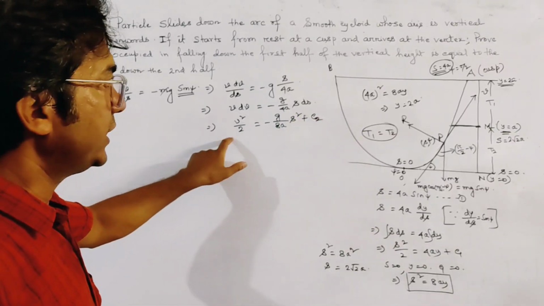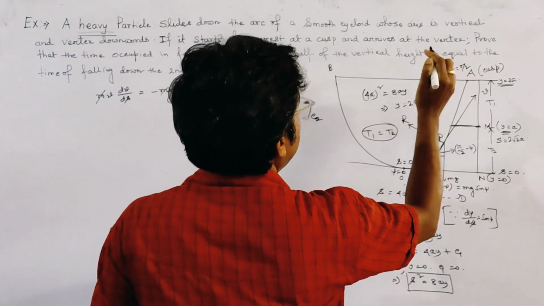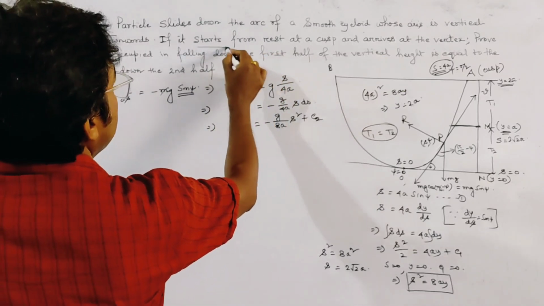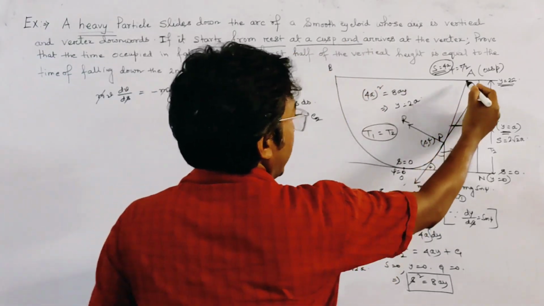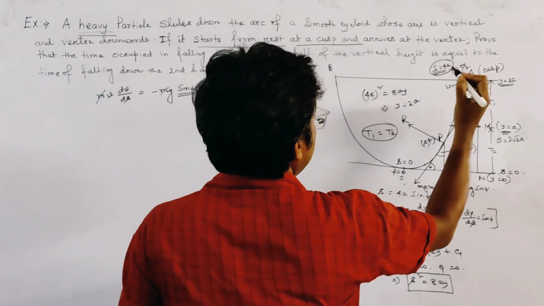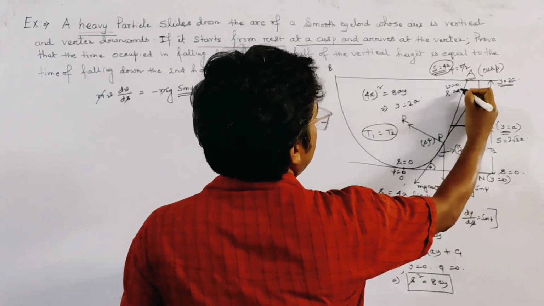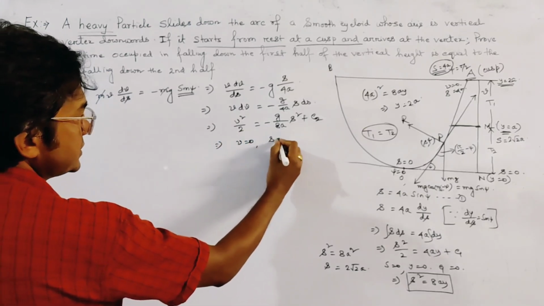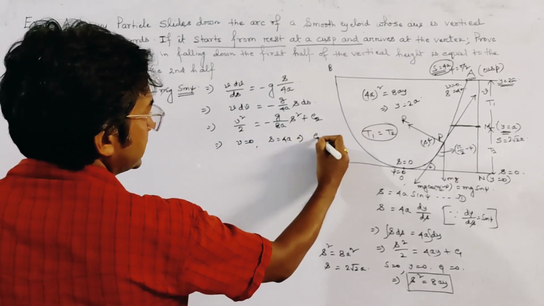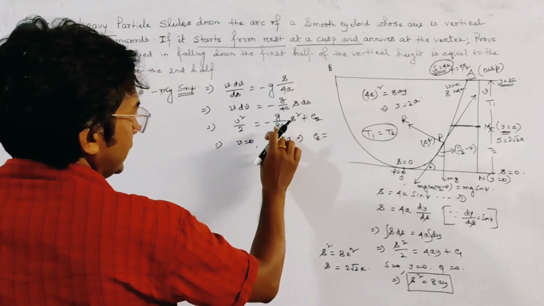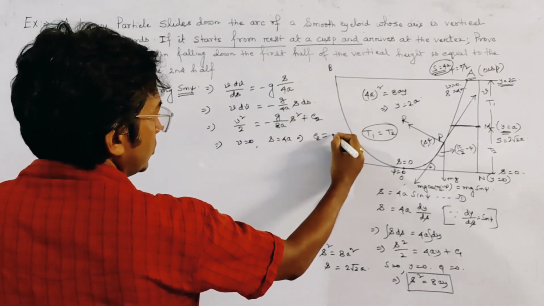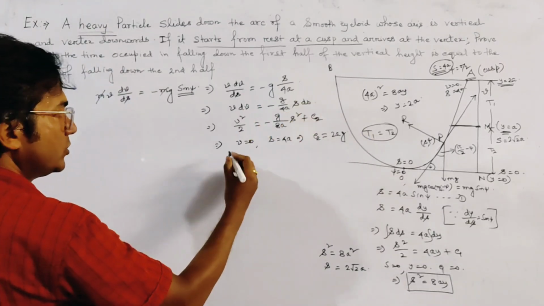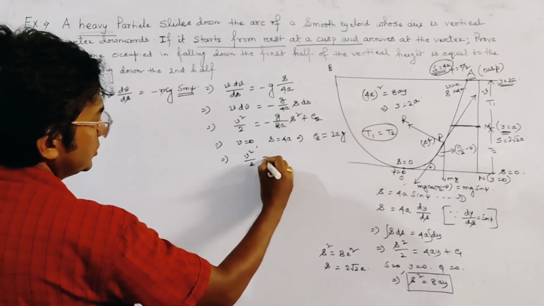We use the initial condition. It is given that the particle starts from rest at a cusp. So at the cusp A, V equal to 0 and S equal to 4A. So we put here V equal to 0 and S equal to 4A. We get C2 equal to 2AG. Okay, now putting the value of C2 here, we get V square by 2 equal to